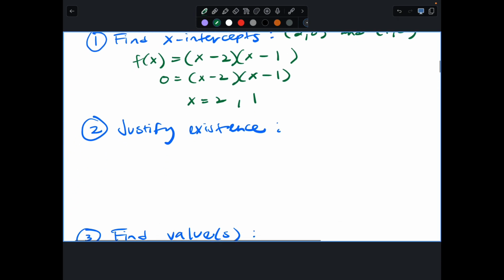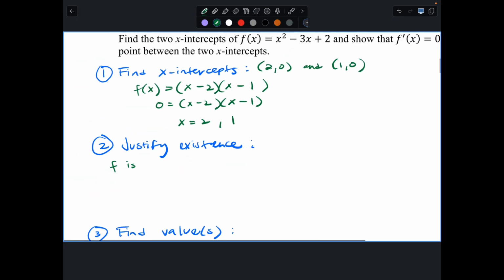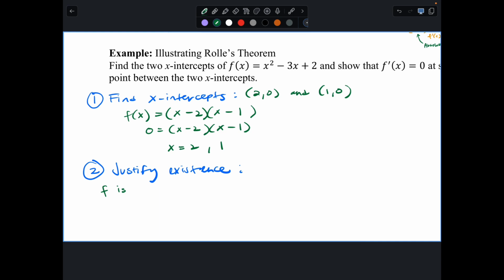So we're moving on to our justifying existence question. And we can say, so f is, well, actually, let's pause for a second and talk about this. What type of function is f of x? It's a quadratic, but bigger picture, it's a polynomial. And when we hear the word polynomial, we immediately think, what about their graphs? Smooth and continuous, right? So continuous, but then the smooth indicates what? That it's differentiable. So we can say that f is continuous on